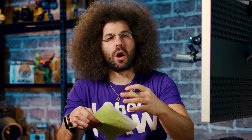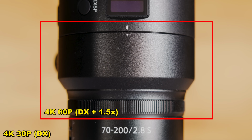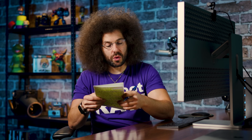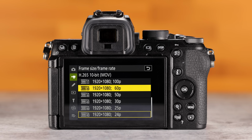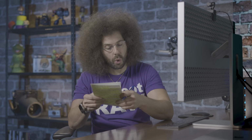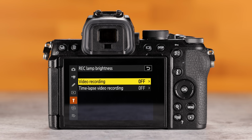Remember, this camera is already a DX camera, so you are cropping inside of a crop when you want to do the 4K 60. But the Z50 did not offer 60 frames per second, so that is one of the upgrades that you get here. You have full HD up to 120 frames per second, and like I already said, it does support N-Log. New on this camera is a